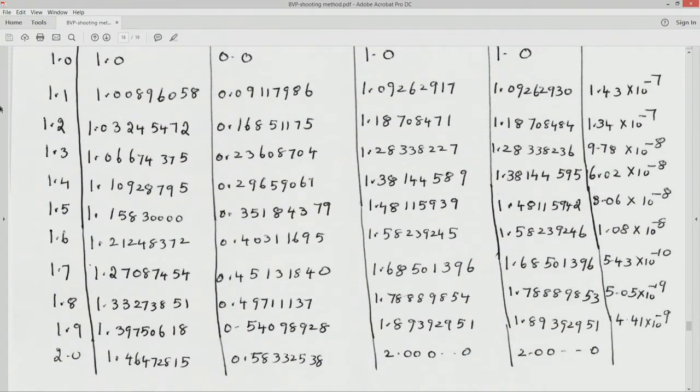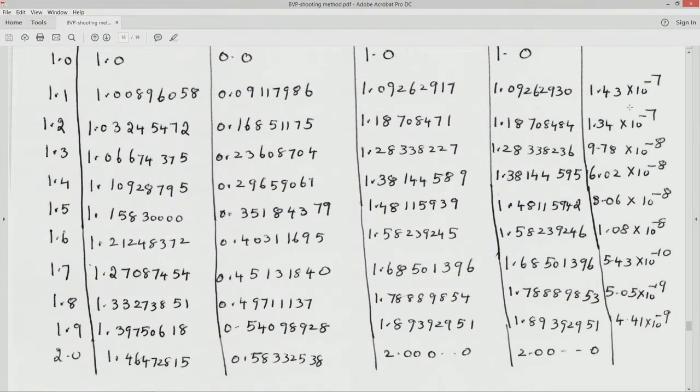So, this column gives you the solution of the first initial value problem at the xi. This gives you the solution of the second initial value problem, and we compute the linear combination of these two solutions and write down the solution wi in this column, and we compare this with the exact solution and compute